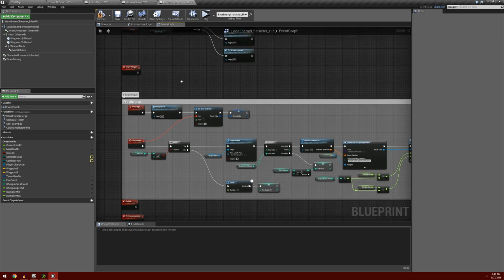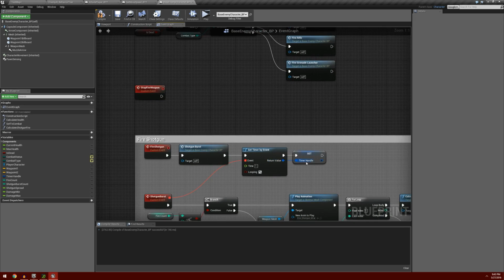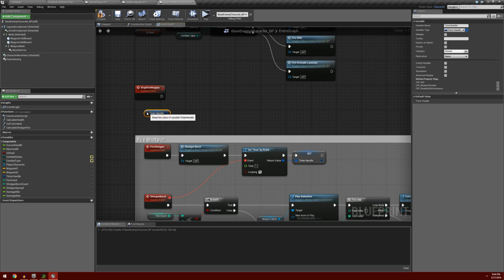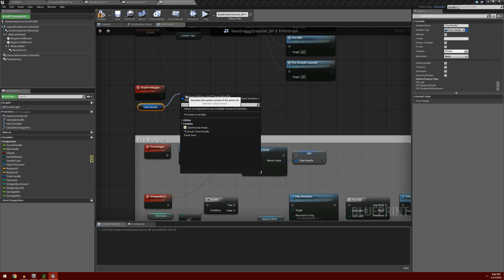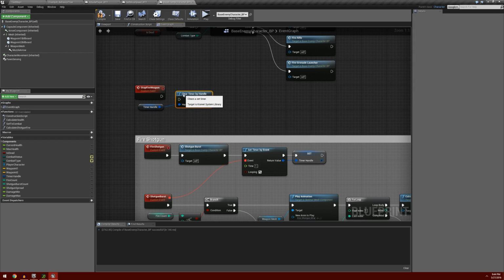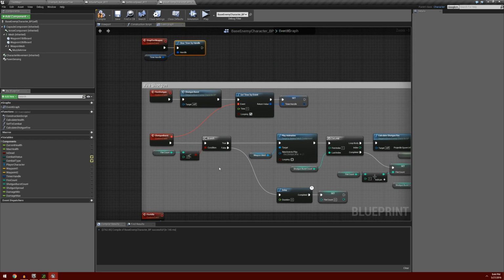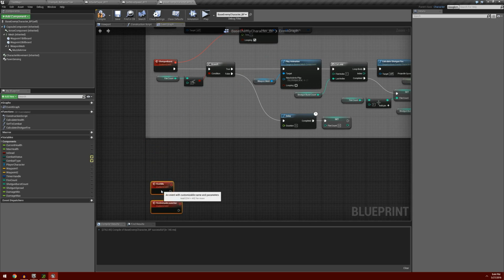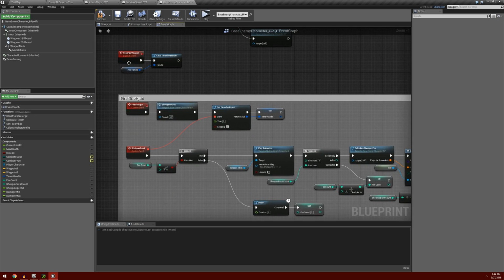And now that we have a timer handle, we want to use the stop fire weapon to clear this timer handle and stop the timer from occurring in the event we need to stop firing at any point. So I'm going to drag out and get a reference to our timer handle, and we're going to select this, and we're going to clear timer by handle, and we'll just connect that into our stop fire weapon. Now all the weapons are going to be based off of a timer of some sort, so we can use this timer handle reference for all of the different weapons